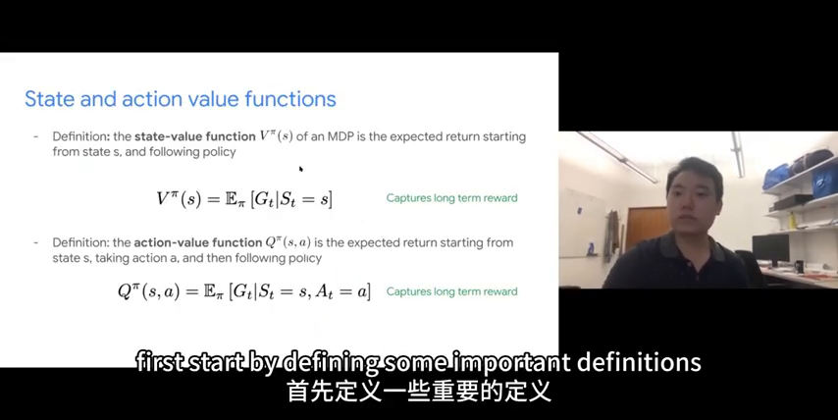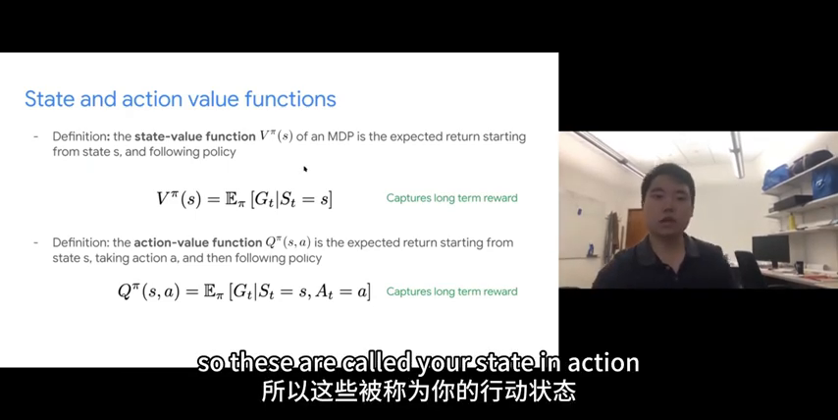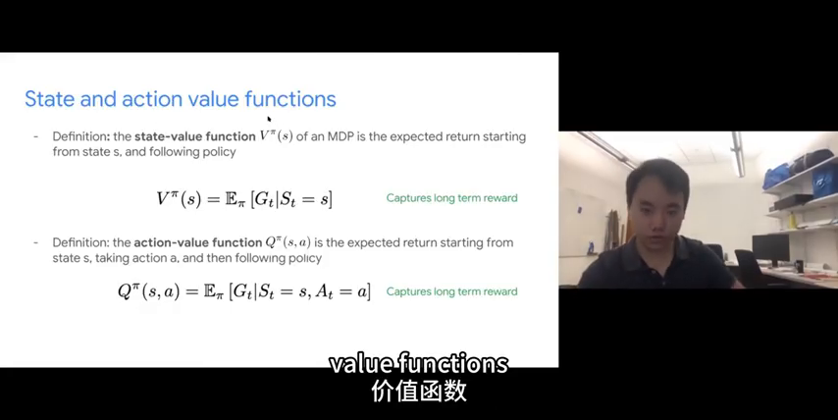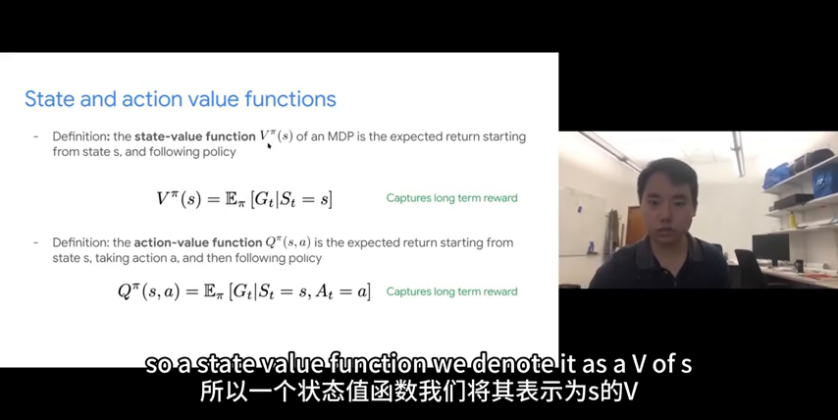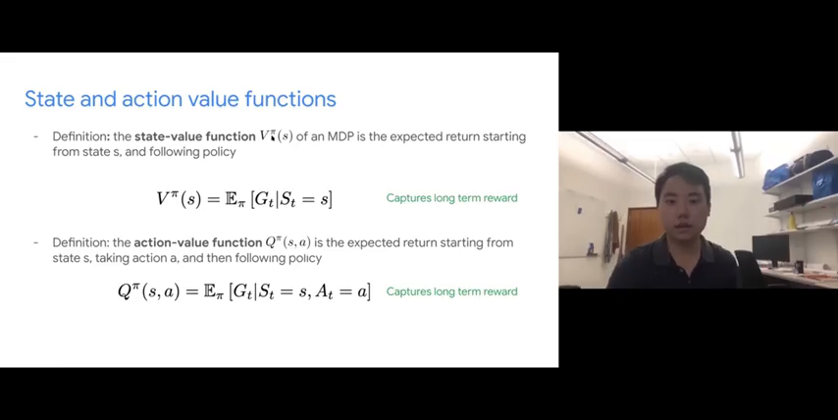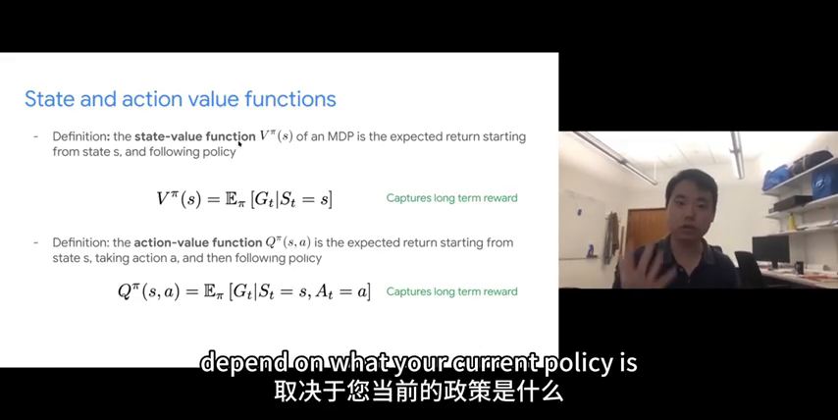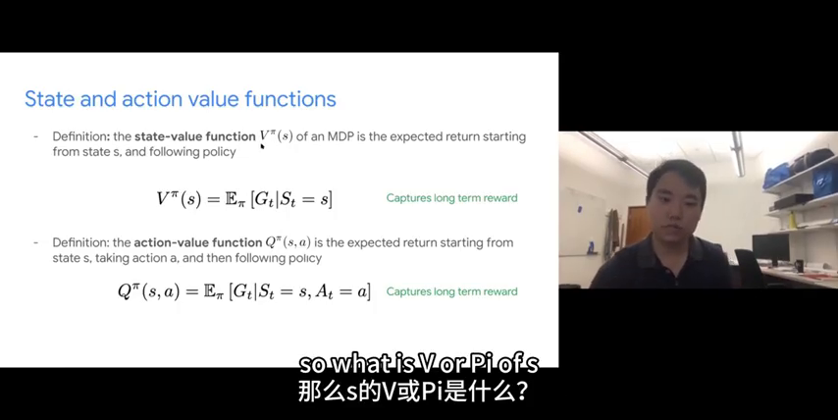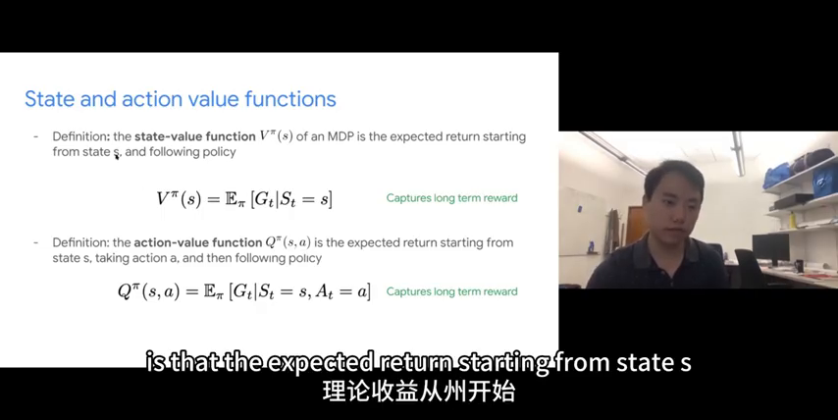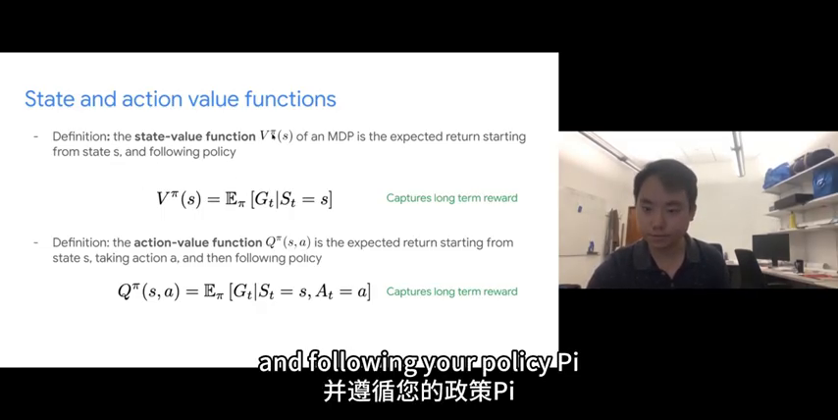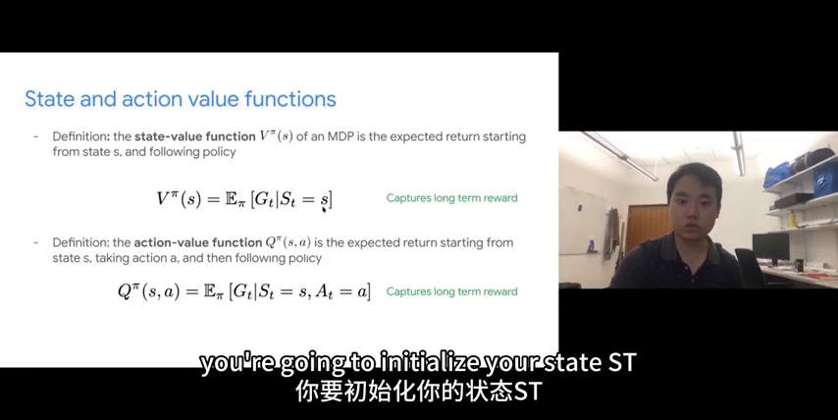So I'm going to first start by defining some important definitions in reinforcement learning. These are called your state and action value functions. Starting with the state value function, we denote it as V of S with a superscript pi because these state value functions depend on what your current policy is. So what V pi of S basically means is the expected return starting from state S and following your policy pi. In other words, you're going to initialize your state S_t to be S, starting from this state S,